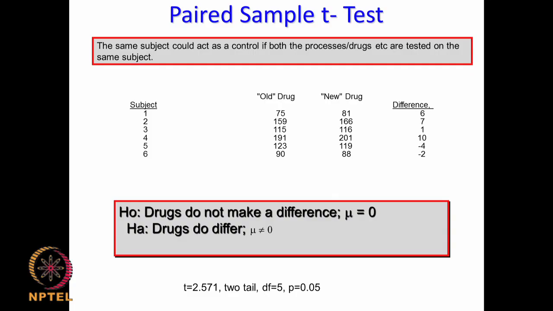say whether these samples come from the same population or different population, like for example two different drugs you are comparing, or two different activities we are comparing, or two different instruments we are comparing. Now we will look at paired sample t-test. That means paired sample t-test is nothing but we use the same subject as control as well